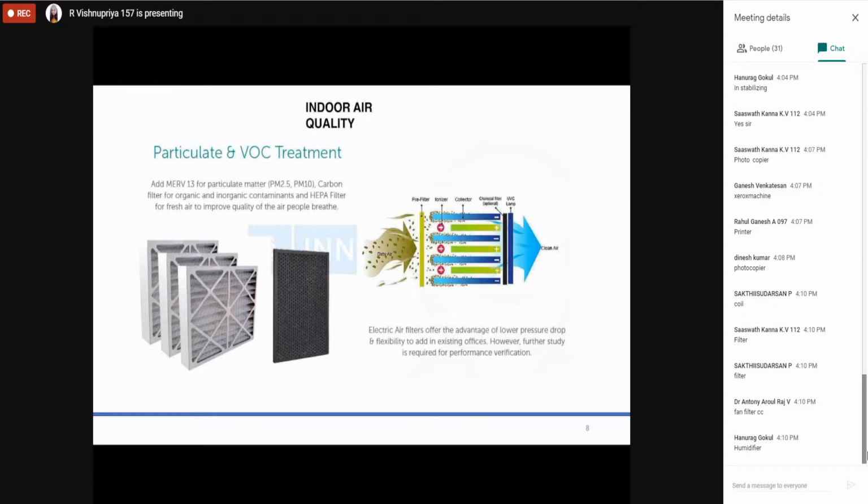We'll discuss humidifier and dehumidifier later. Those are very large components. We will get to that point, friend, but for now we can take it. Filter, coil, fans: these are the three components, and the panels will be there in the AHU. The filter is the main factor where we filter the air. The complete part is going to be distributed after it has been filtered in this location. Can you come to the next slide?